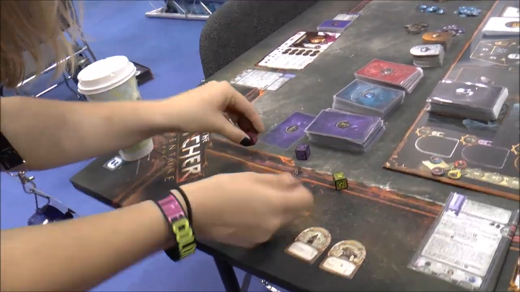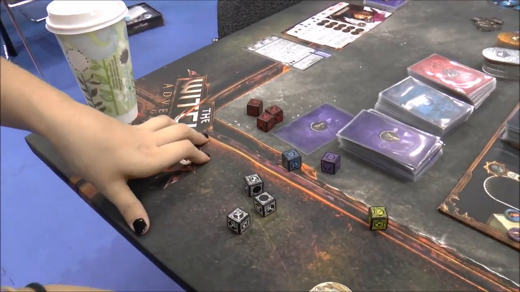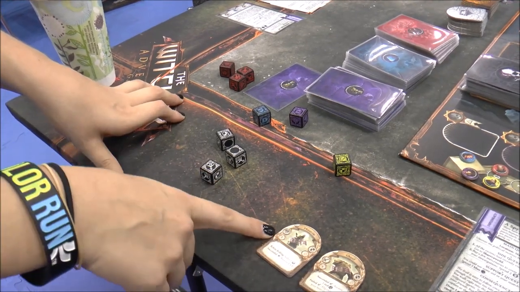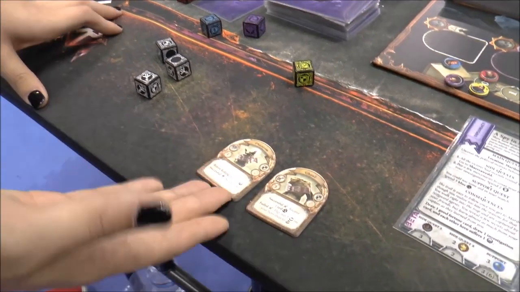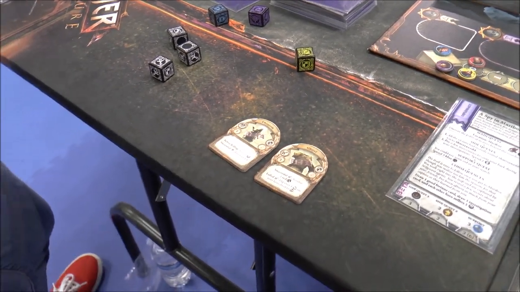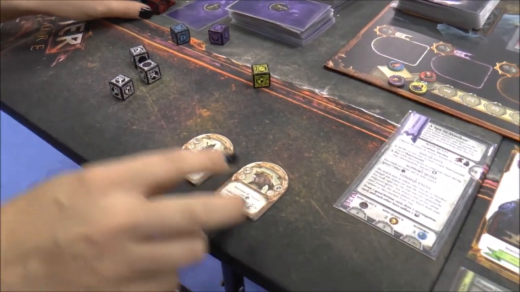Right. So you would essentially roll, and if you pass... I didn't pass the magic test, so I wouldn't receive anything for failing, but before rolling, I already have to suffer a foul fate, which means I have to draw from the foul fate deck. Okay. All right. And then the ghoul,